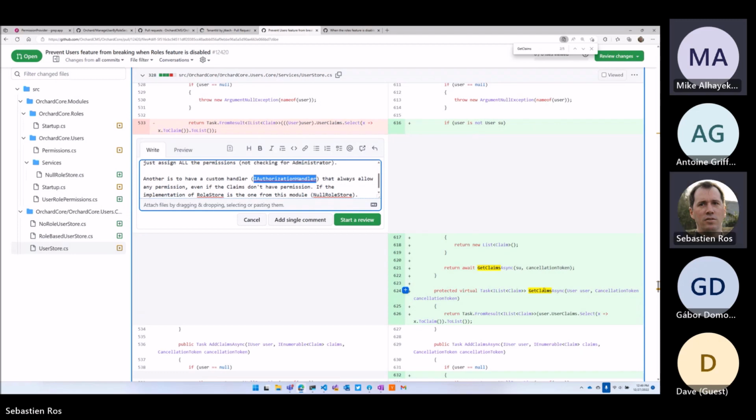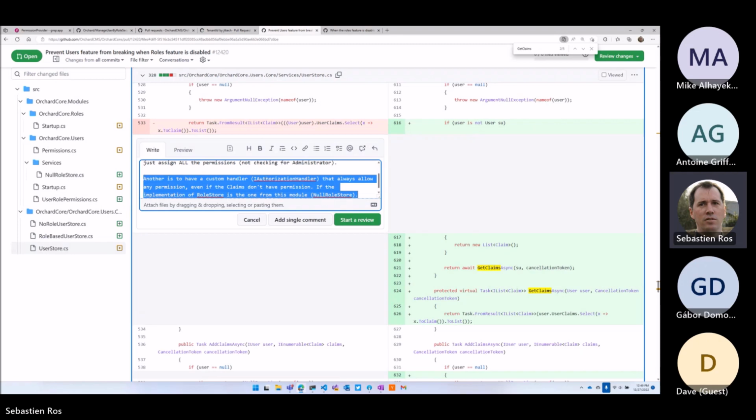So either you come up with your own implementation for whatever the reason. If you have your own implementation, then there is a roles module, so this code won't be executed. That's fine. But if you have no roles feature enabled, this behavior will be executed because the null role store will be there, right? If there is any role feature, the default one or the custom ones, this won't apply, so we are safe. Now,